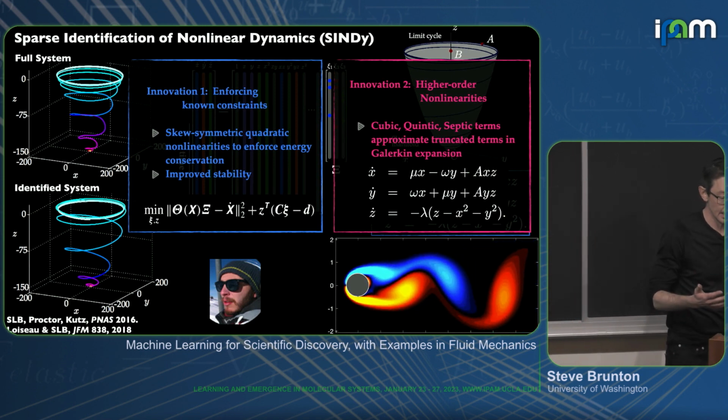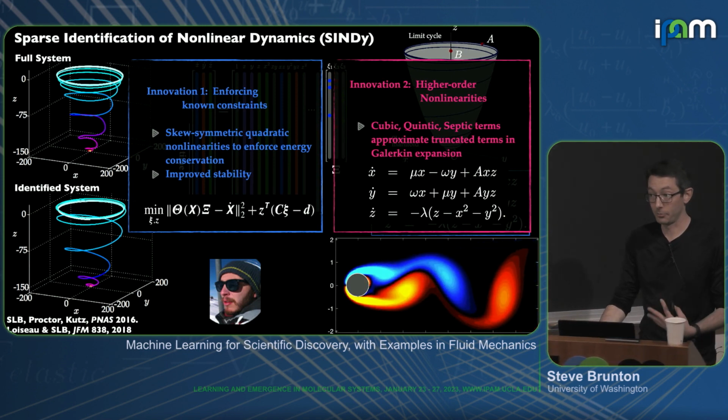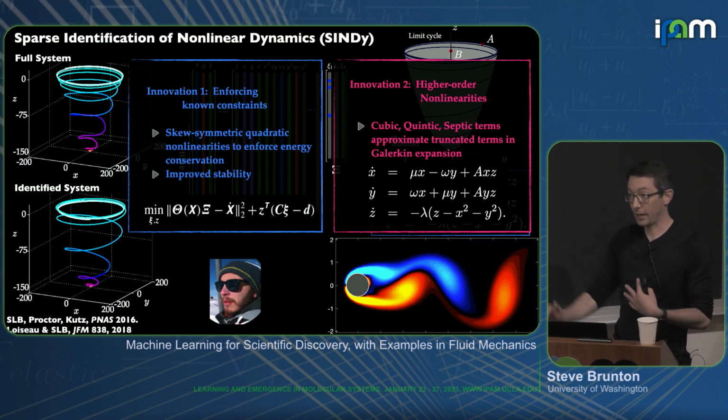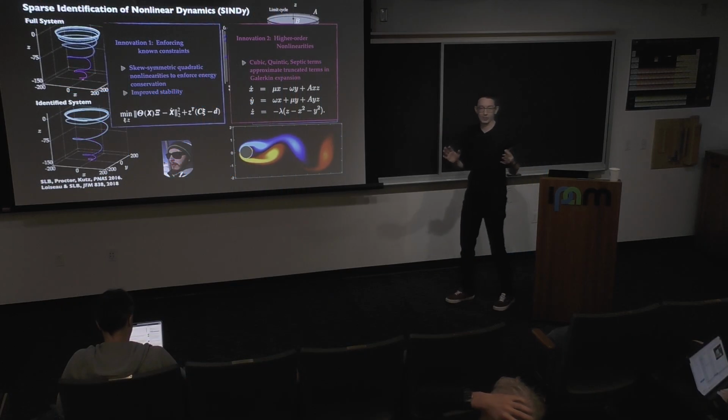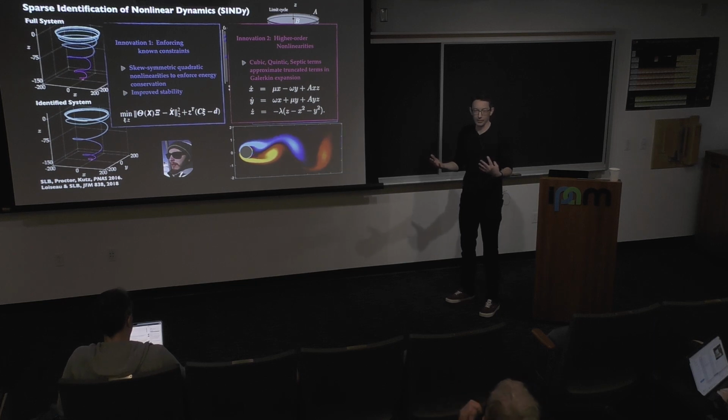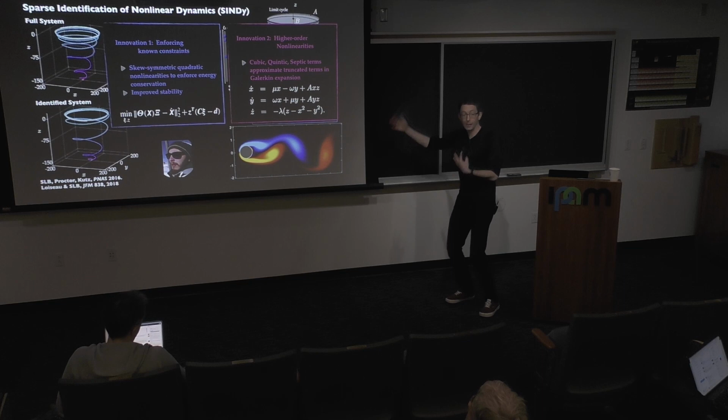And so in a very real sense, what that does is it gives you a closure model for the truncated modes and how they affect these high energy modes. By adding higher order nonlinearities, we get a closure model. Now, I should be very cautious, right? Closure is a loaded term and it's one of the hardest problems in fluids. This is a laminar problem, but for this laminar problem, we're getting closure models.